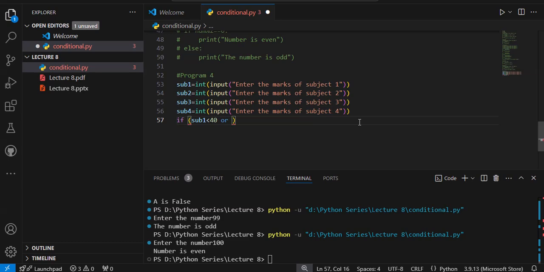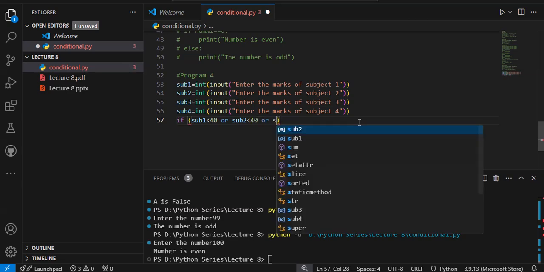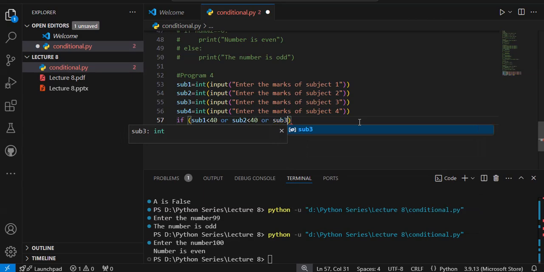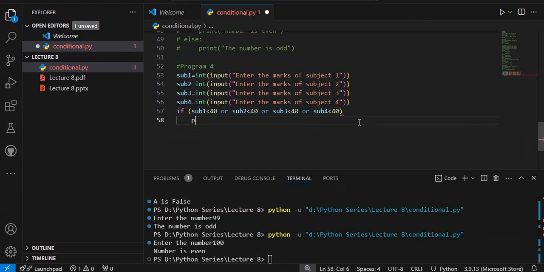If the student has scored in subject 1 marks less than 40, or in subject 2 marks less than 40, or in subject 3 he has scored marks less than 40, or in subject 4 he has scored marks less than 40, then I will write here,